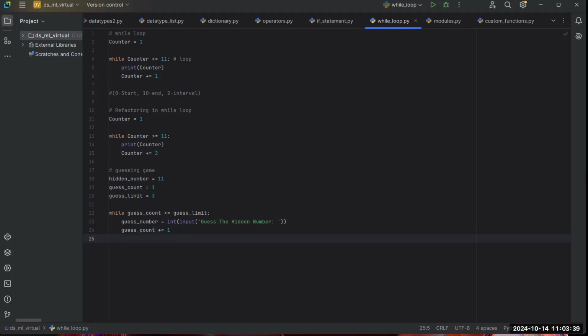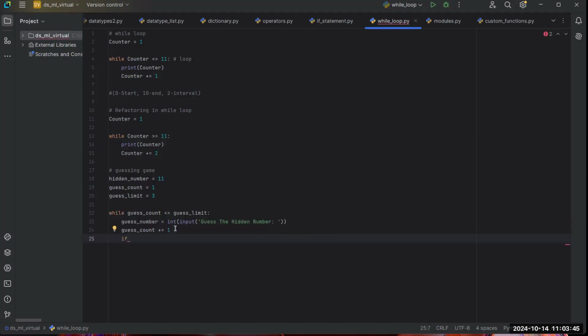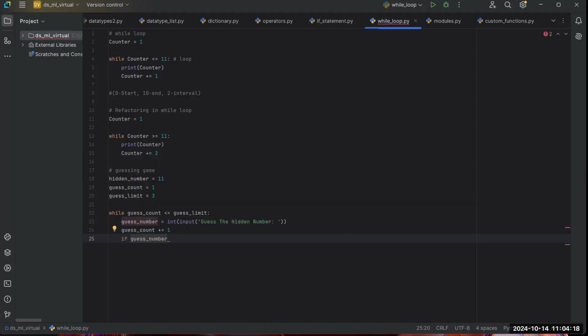Now, let's go again. We are now saying if. These have been the most important thing that we want to do, while loop and if statement. And before now, we've learned about if statement, and I know we've written like 2 or 3 very long codes on if statement. So we're bringing back the knowledge of our if statement at this point in time. If guess number is less than hidden number,